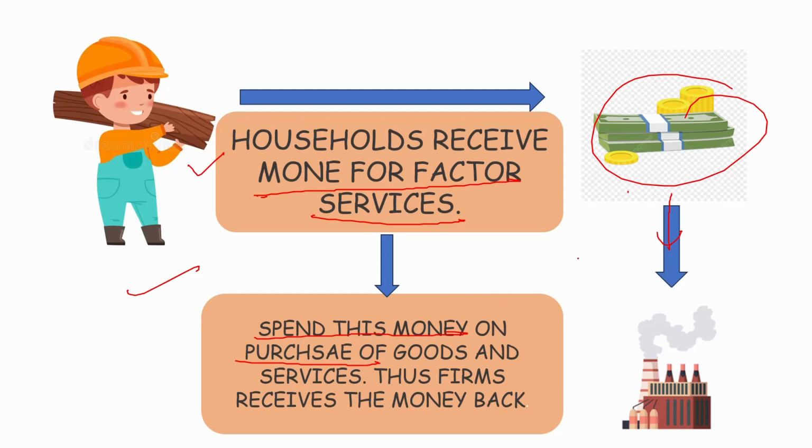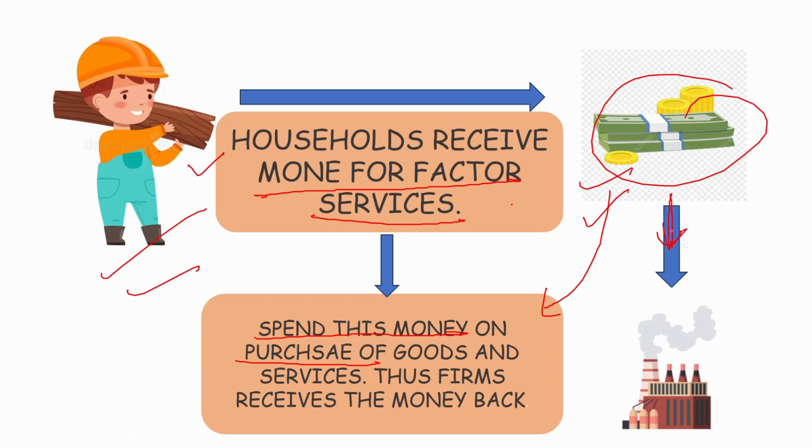He's not directly getting goods and services. He has to first deliver his services, convert his hard work into money, and then this money will buy him these goods and services. So there is a kind of intermediary which is coming in place. That is money. That intermediary role is played by money, which he earns, and in this manner, the money which was given by the firm to this laborer goes back to the firms. So this is the end of the first lecture of circular flow of income.